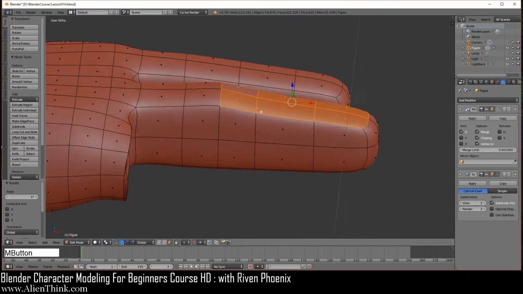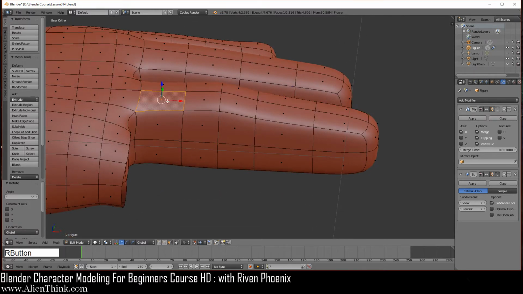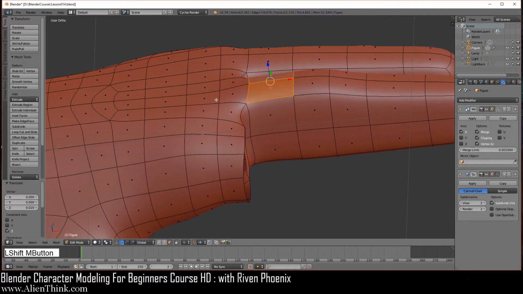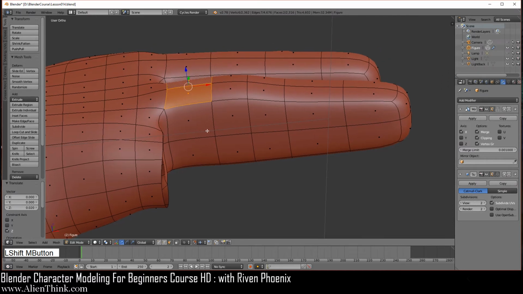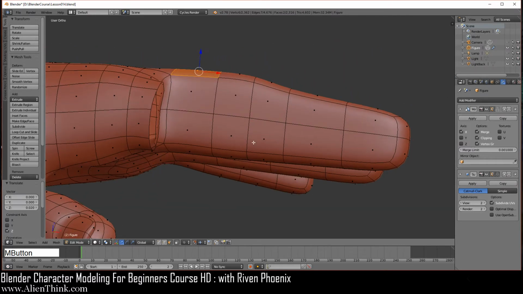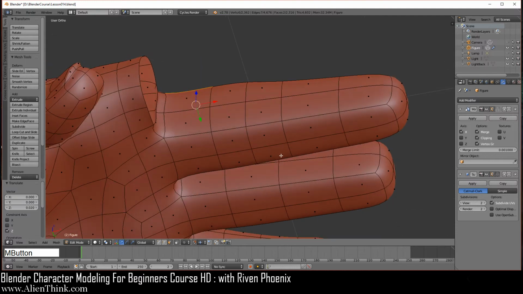Then we're going to come back with the middle mouse button over here, click on this one, shift key down, and then this one. Go to your front view and bring this up 1 and then 2. Now we're going to come back later, right? We still have to work on the topology over here. So we're not touching this area right now. We're just getting the fingers ready. So now we're going to go to the bottom over here. Let's click on this face, shift key down, this one, this.